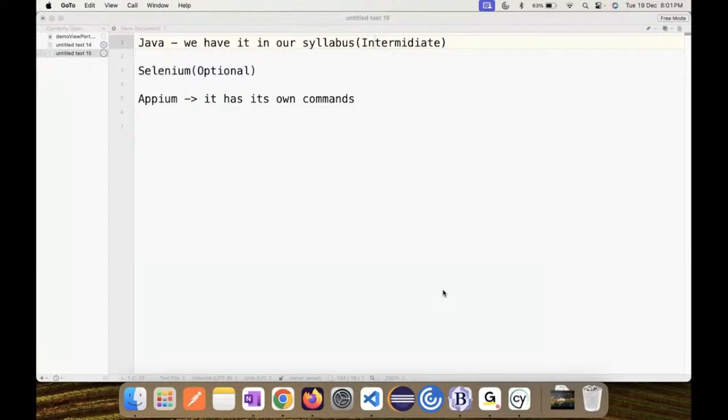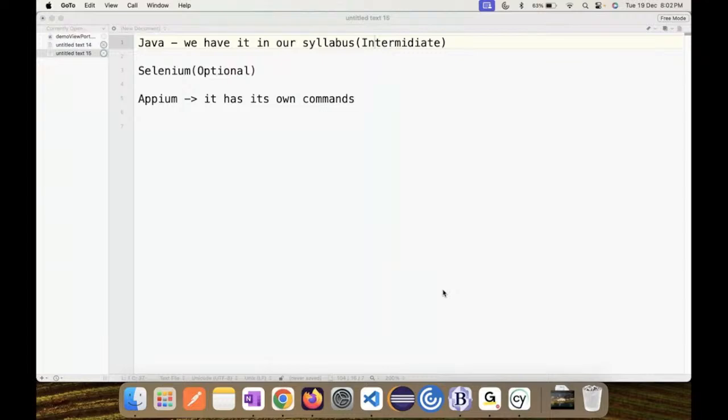And for mobile testing, do we test only Android, or Apple mobile also? If we test Apple mobile, do we need Swift knowledge? No, not required. Nowadays people have started to use a language called Kotlin.